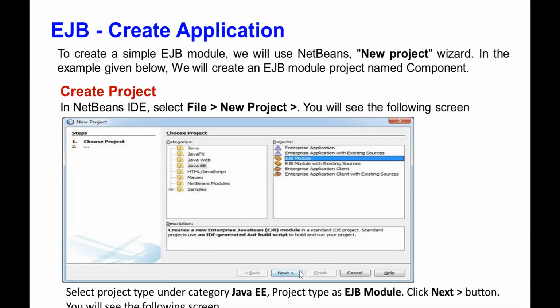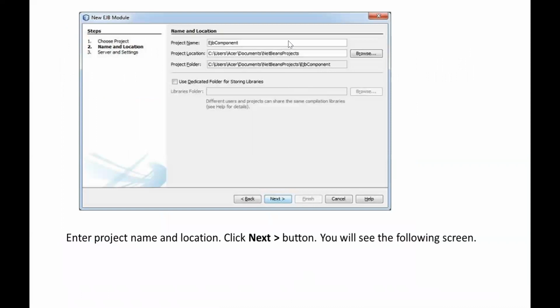Go for the next. This screen will be available on your monitor. You can enter the project name and the location where you want to store it, and just click the next button.